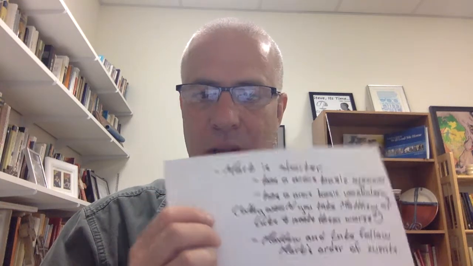A fourth point is that Matthew and Luke follow Mark's order of events. In Mark, and we're going to talk about this more in class, Jesus is moving all the time. There's a lot of action in Mark. Mark does not spend very much time with Jesus standing around or sitting around talking. One of the things we'll see in Matthew and Luke is Jesus does quite a bit more of that. He tells stories. He has this big speech called the Sermon on the Mount, where he talks for quite a long time to a huge crowd of people.